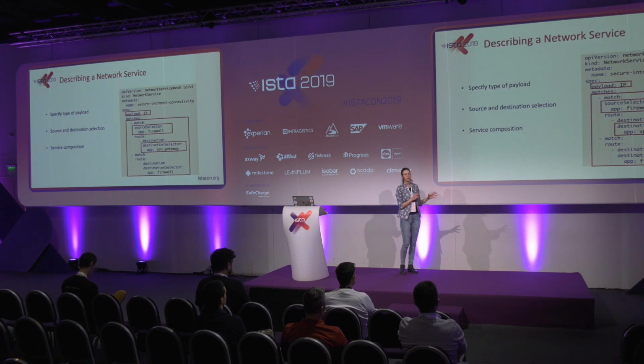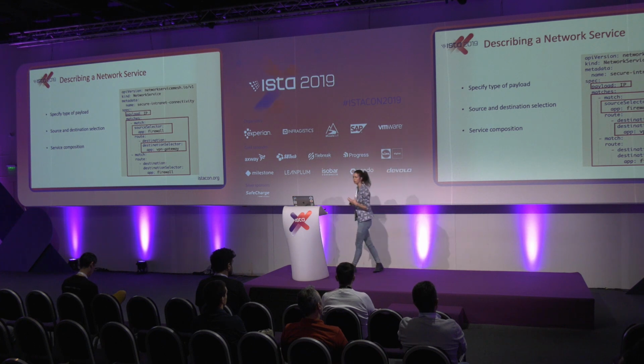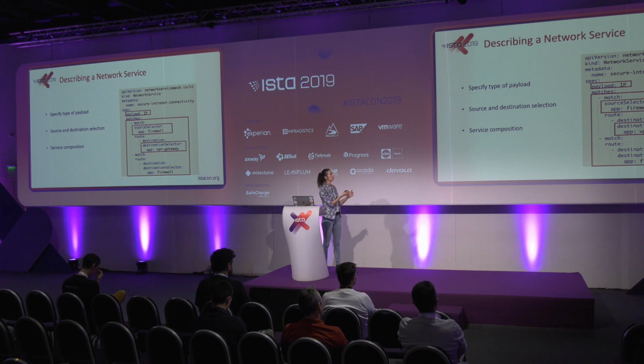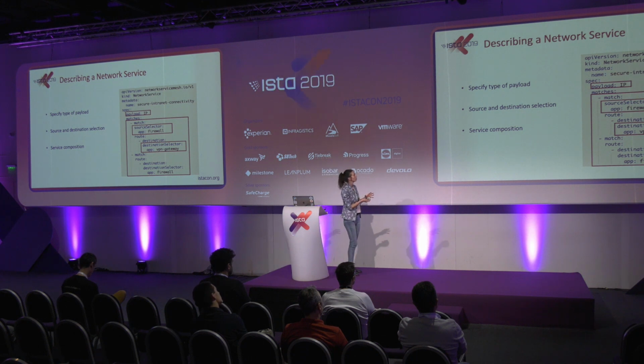Here is how we describe a network service. It's somehow a topology of how your connections look. You specify the payload. You specify source and destinations. For example, in this YML, source is specified as firewall, and destination from the firewall is the VPN gateway. And this way of service definition makes it possible